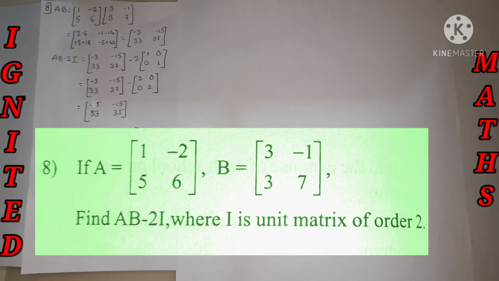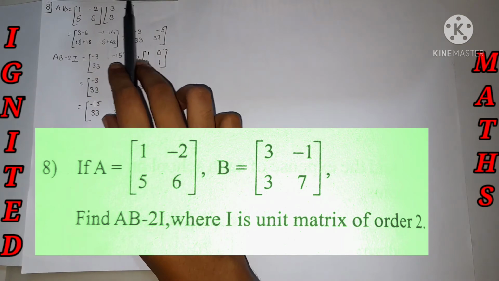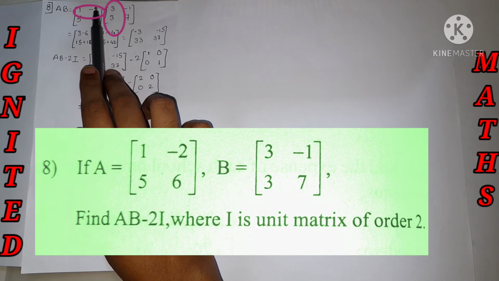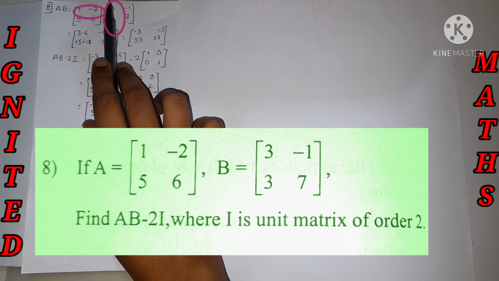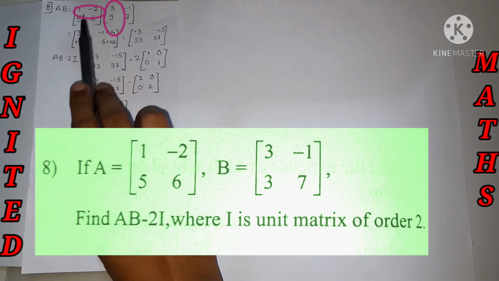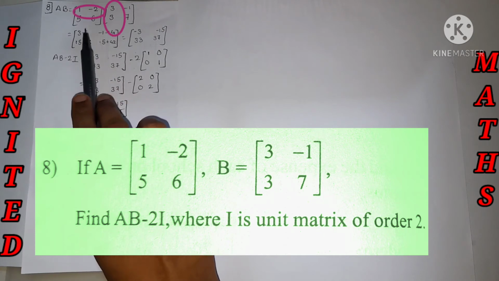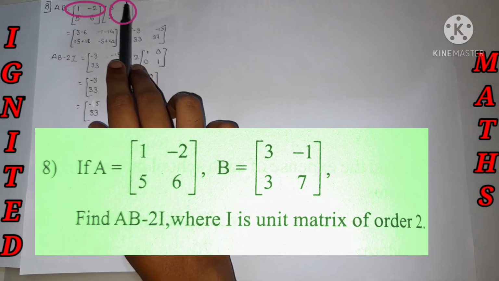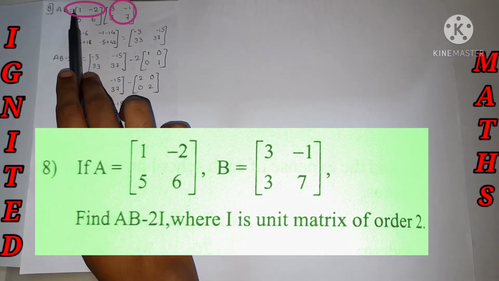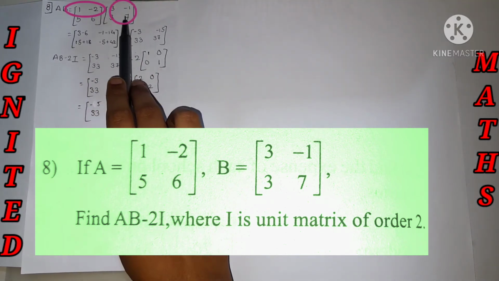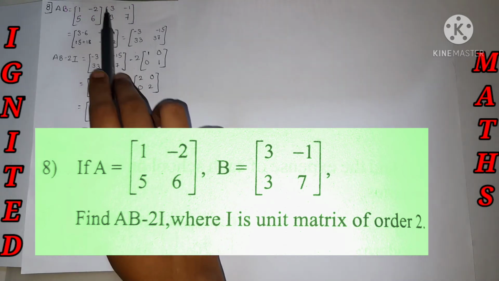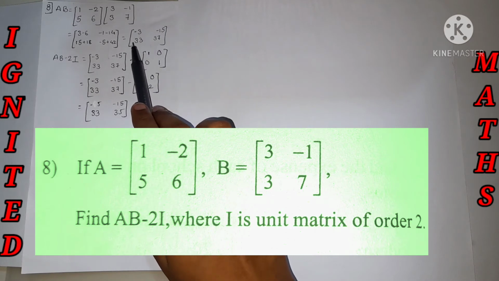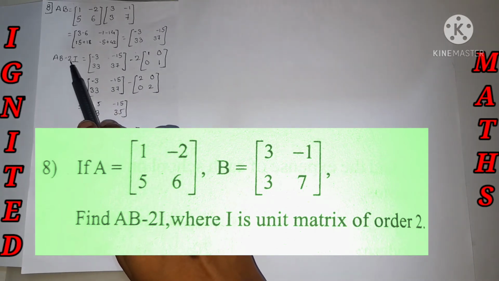Let's get started. Okay, over here the A matrix are written, over here B matrix are written. Just do the matrix multiplication. That is nothing but first matrix of the row will be multiplied by the second matrix of the column. Yes, 1 into 3 3, minus 2 into 3, that is nothing but minus 6. And next, first matrix of the row will be multiplied by second matrix of the column. 1 into minus 1, minus 2 into 7, 14. Yes, the same thing we need to apply for the second row, and after doing the calculation we'll be getting the answer.